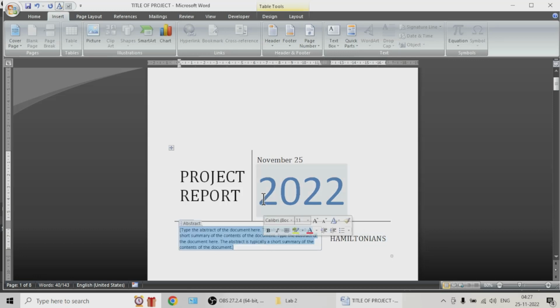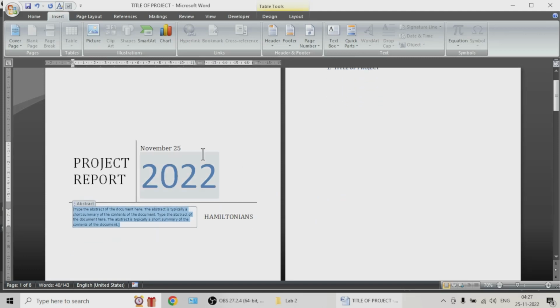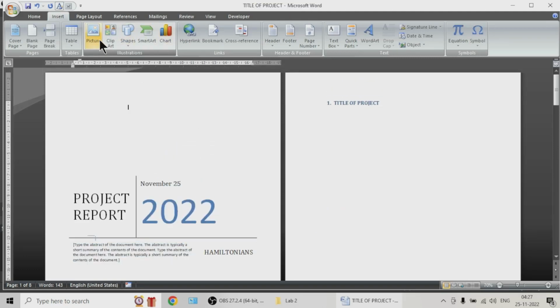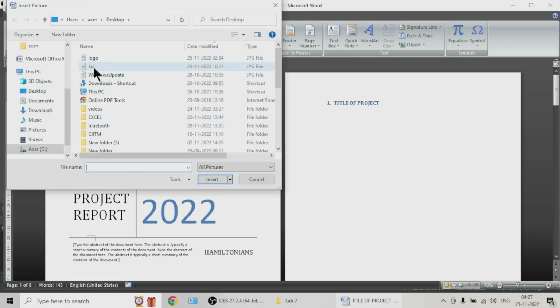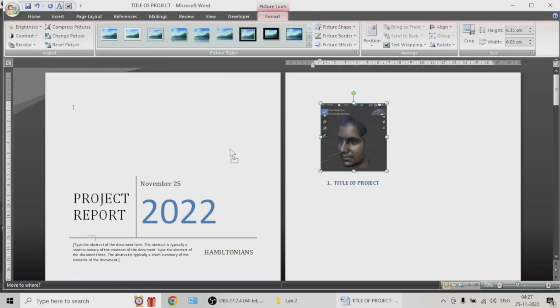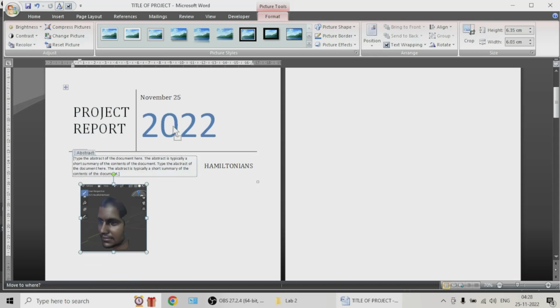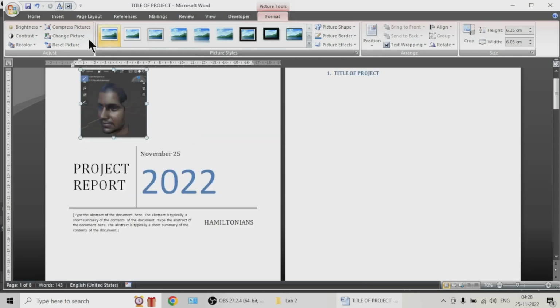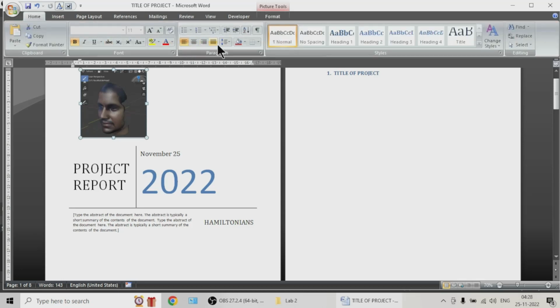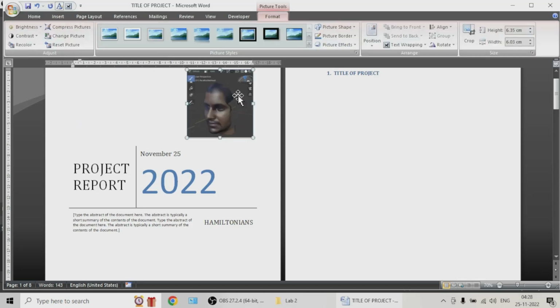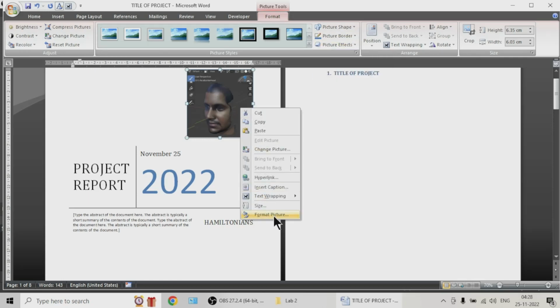So this goes like this. You can insert an image also in this area. So let us insert some image, and let us place this in the proper place. This image is a bit too dark, so let us soften it, let us edit it, let's format the image,